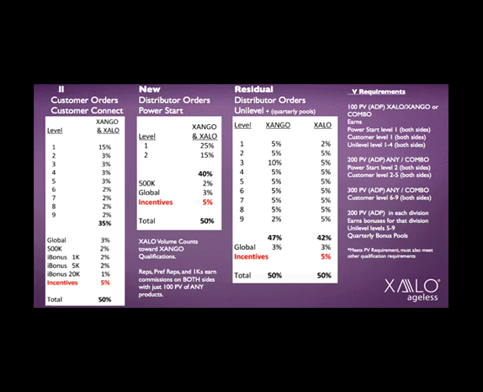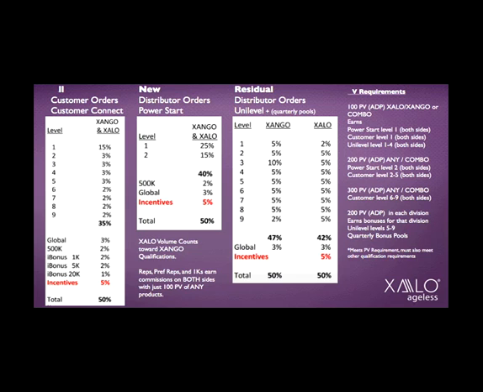That's exciting. Now, every time you sponsor a brand new distributor, their very first order is paid out in what we call a Power Start. So the Power Start orders, which is that first order on a new distributor, are also paid weekly. And you get 25% off of the first order of every new distributor that you sponsor. And then if you help your people sponsor other people, every time one of your personally sponsored distributors brings in a new person, they would get the 25%. You can get 15%. That is a really nice additional bonus.